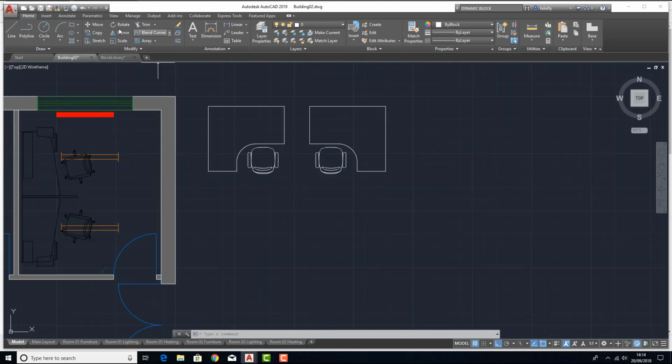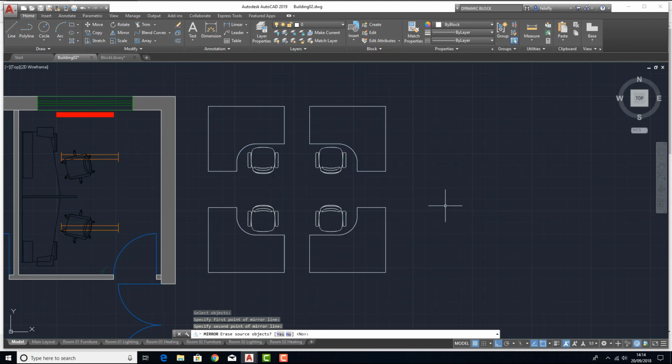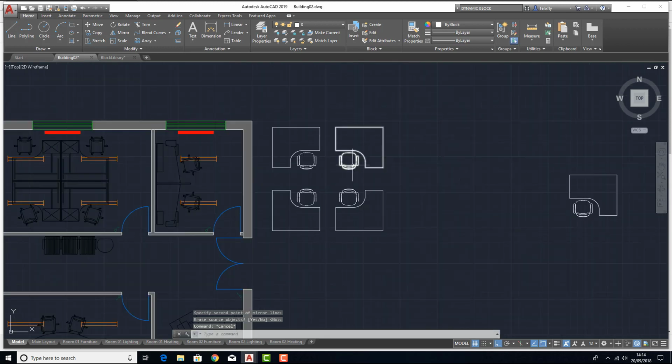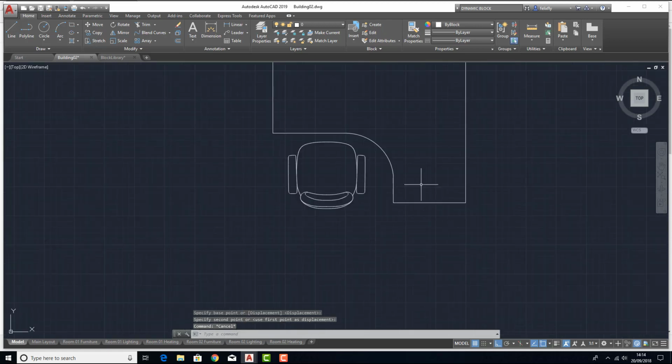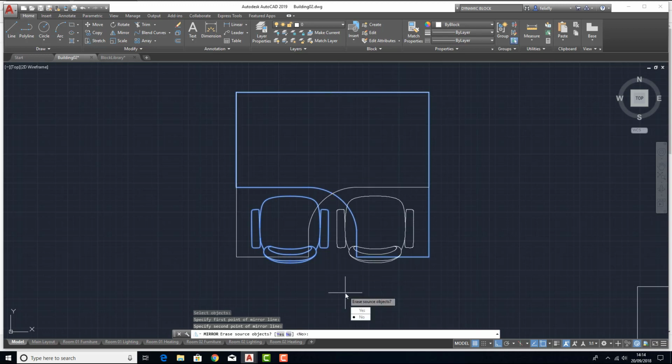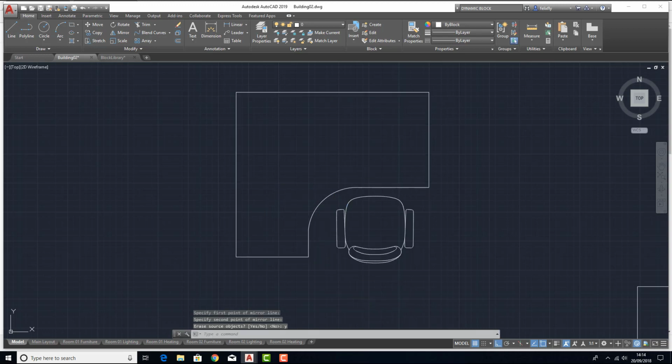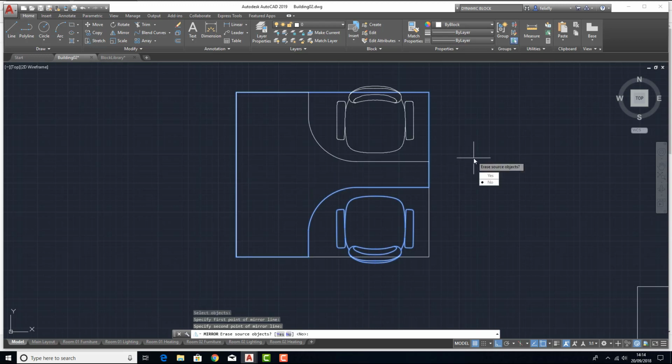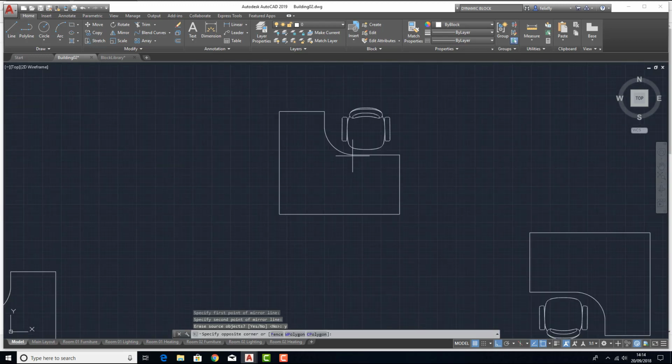You'd also have some facing that way, and you could just have one block. You could have that one and just literally take that block, and as we've just done, mirror it along that way,